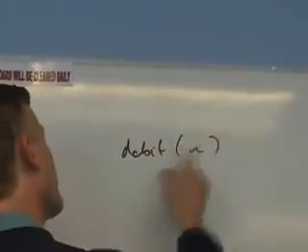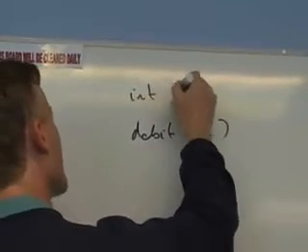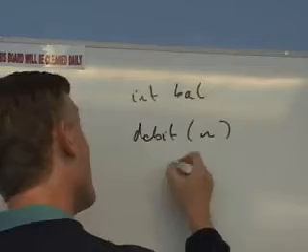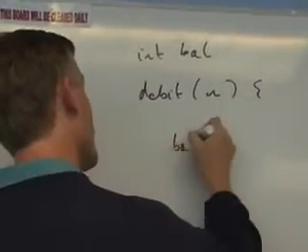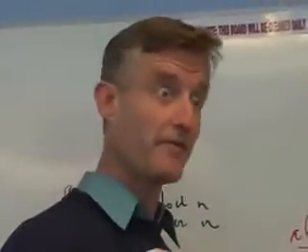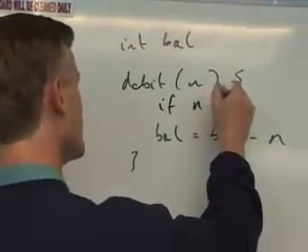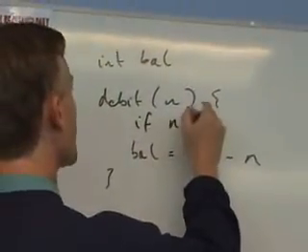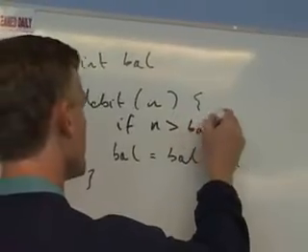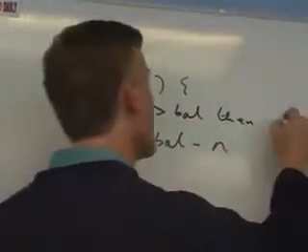Debit N is going to take some kind of integer, and there's the balance. What we're basically going to do is say balance is balance minus N. That's what debit is going to do. But it's got to stop if there isn't enough money in the account. So we're going to say if N is bigger than balance, then, and I'm going to put this in red because it's the new part,